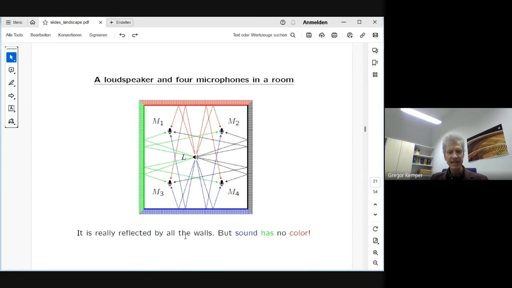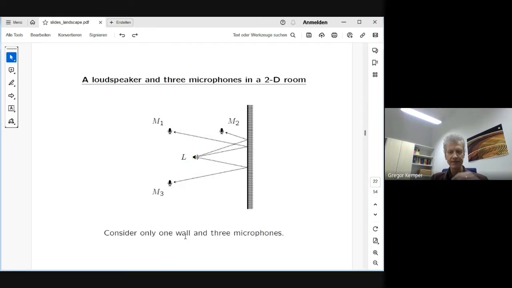Okay, so let's analyze the situation further. And in order to do so, let's, for ease of drawing, go to 2 dimensions. Well, the drawing was always in 2 dimensions, but now let's be honest, this is 2-dimensional. And then be consistent and say, in that case, we only have 3 microphones, because 3 microphones in 2D give the same information, or equivalent, as 4 microphones in 3D. So, okay, we now restrict ourselves to one wall. So we have bouncing business,